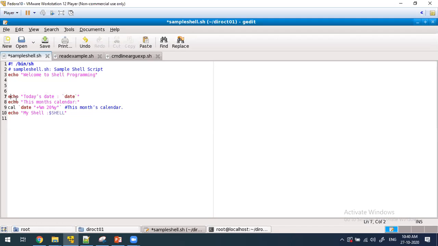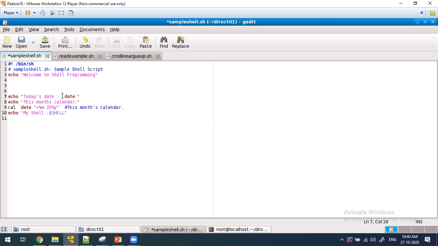Next, echo, today's date is a message. Today's date colon is a message. See, the double quote ends here. But date is a command. If you don't write it within back quotes, it won't work. You have to use the key to the left of the 1 exclamation mark key; that key is the back quote.